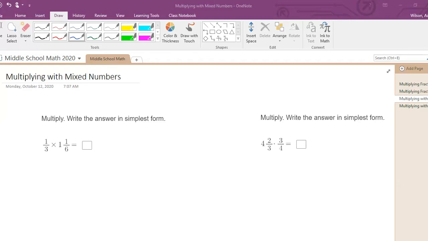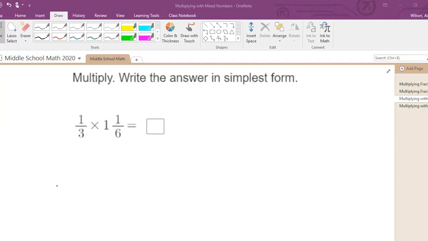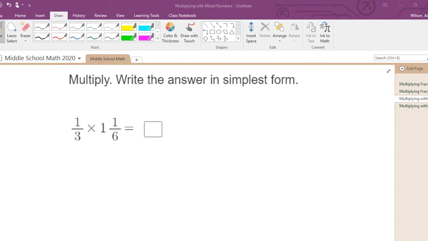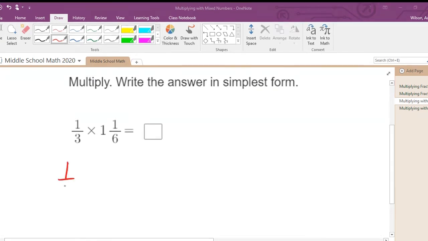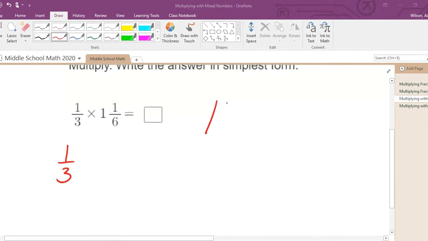Going to be multiplying with mixed numbers. So our first problem is 1/3 times 1 1/6. So we're going to leave the proper fraction alone as 1/3, but for 1 1/6, the shortcut to turn any mixed